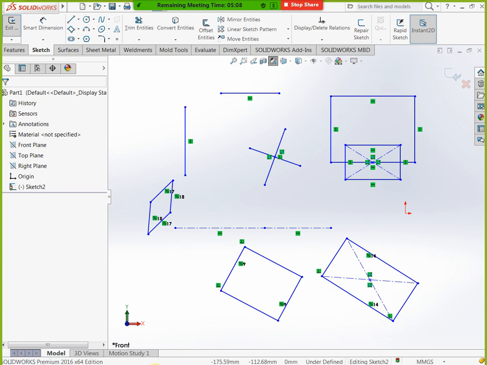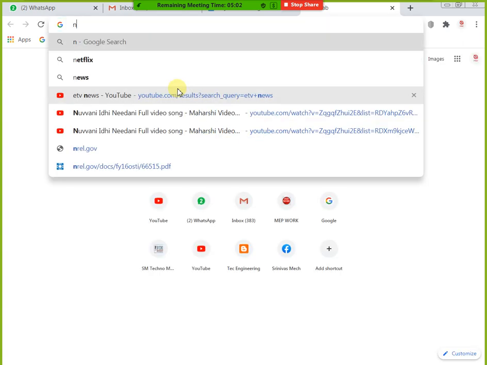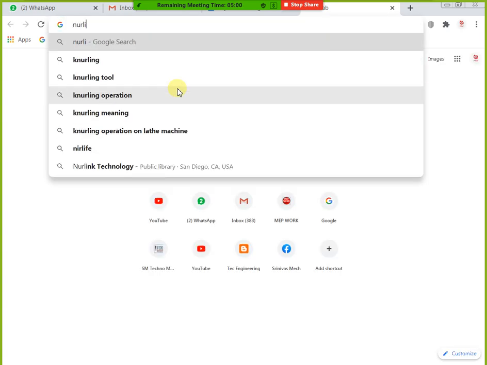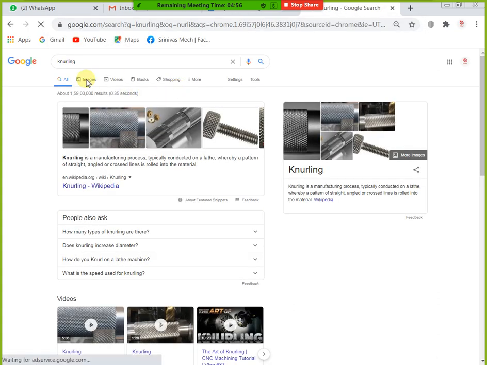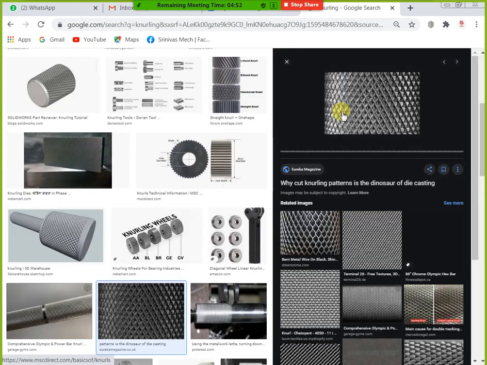This is called knurling. Why are we using knurling? For a gripping purpose. We use this type of knurling in door frames and window frames.